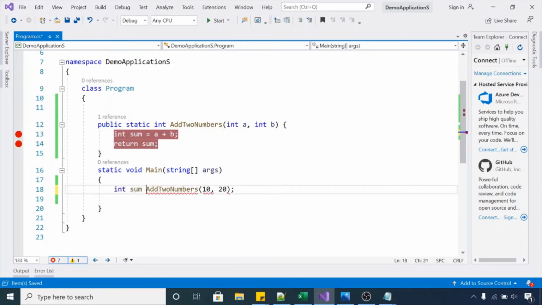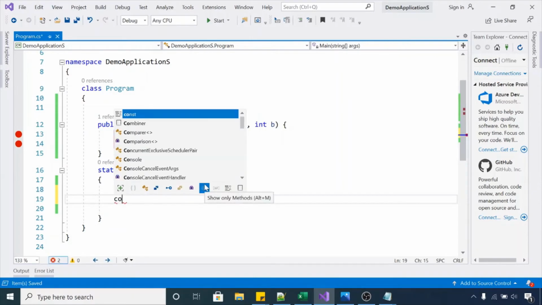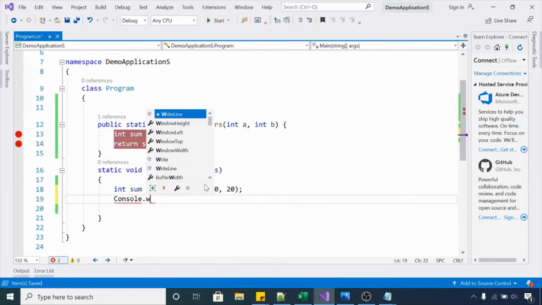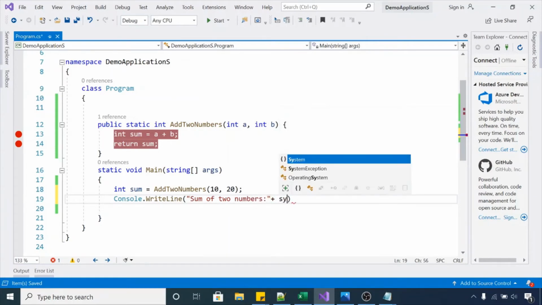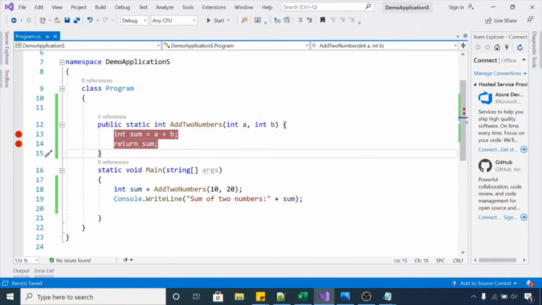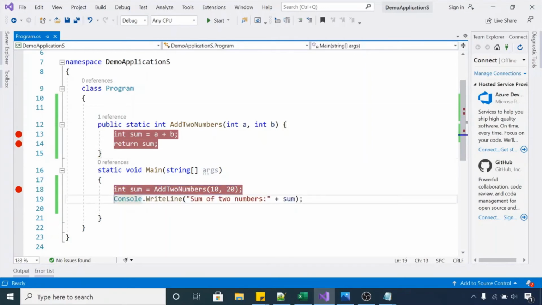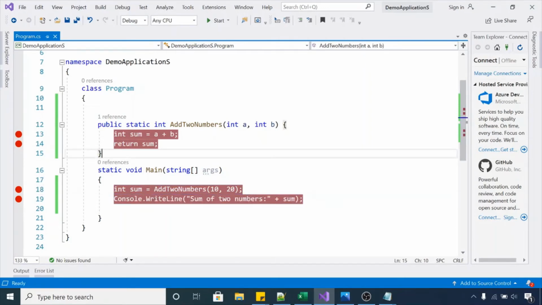Integer sum is equal to that, and we will print the sum here: sum of two numbers is. So we will just put breakpoints here also. Now let me press F5 here.